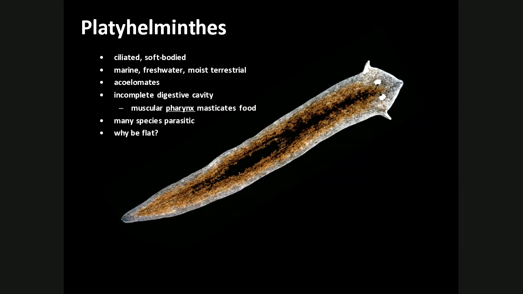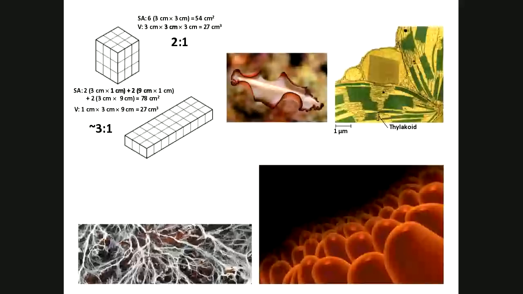Why are these organisms flat? Well, if you think about the way these organisms have to interact with their environment, what I mean by that is moving nutrients across, moving oxygen across, carbon dioxide, moving waste products, all those things that you think about if you're thinking, gosh, we talked about this in mosses. We did. And remember, mosses are able to get away with not having vascularization because they stayed small. So there's not a lot of thickness to them. In the case of platyhelminthes, and I'll let you work out the math yourself if you want, if we take the same volume and we stack it as a cube versus, what's that, like an ice cube tray, the surface area to volume ratio goes up. See, 2-to-1 to somewhere around 3-to-1.